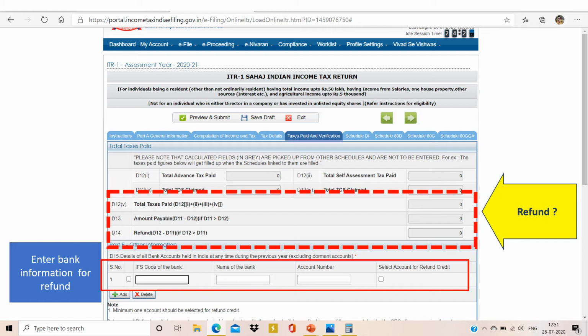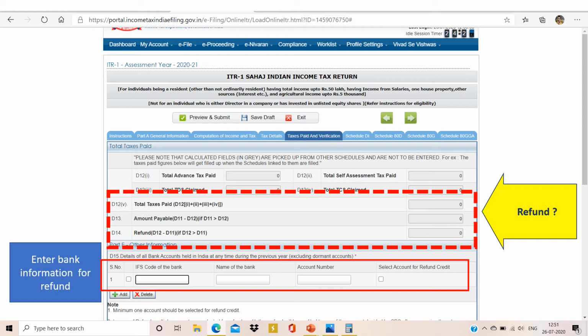Now we are at the taxpayer and verification sheet. Here D12 will show you how much tax the company has deducted for you, and D13 will show you what was actually supposed to be deducted.